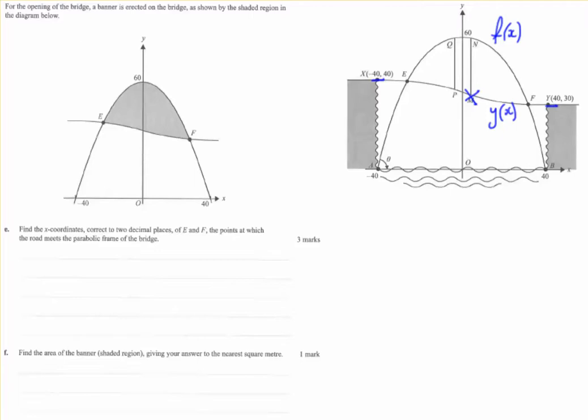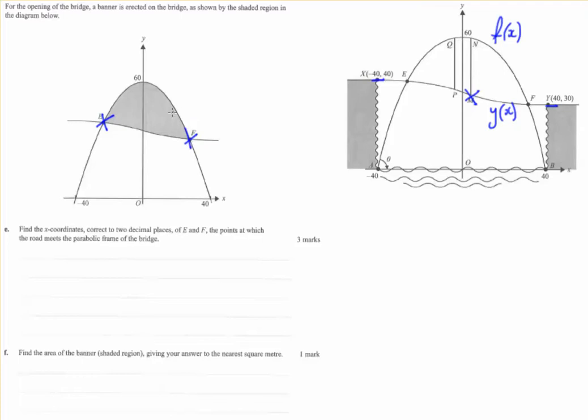This is question 2, part E and F, and this time, for some reason, we need to have this banner on the bridge that's going to take up this shaded region. And I've got the starting diagram for question 2 here for reference. So the first thing it wants us to do is to find the x values here and here correct to